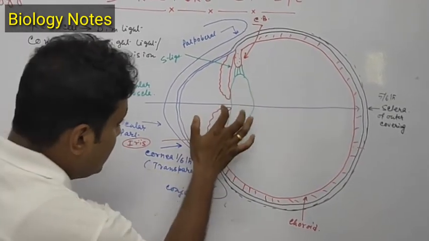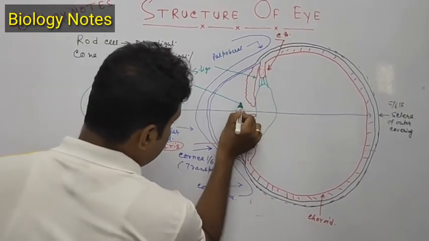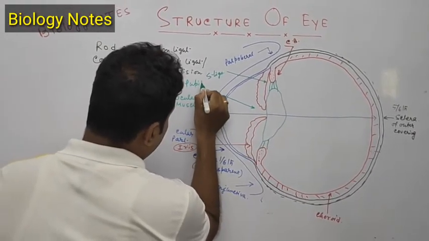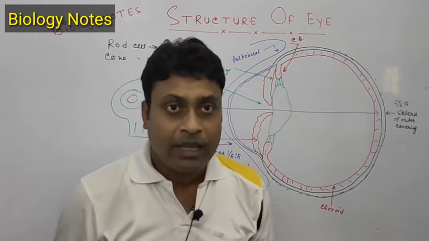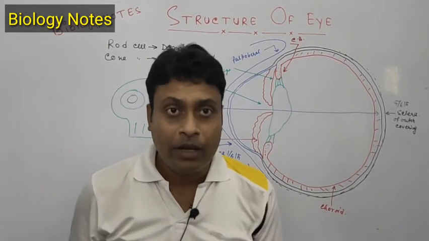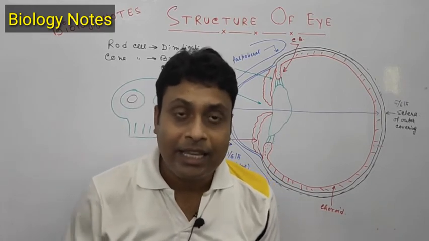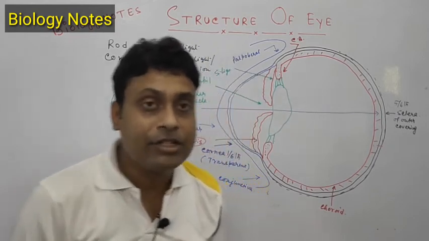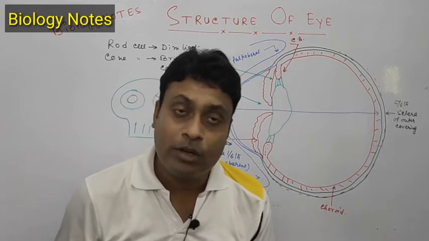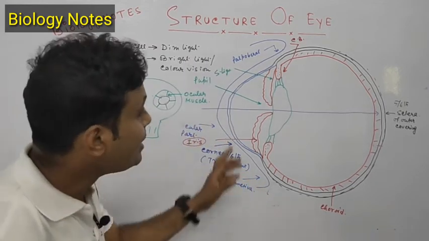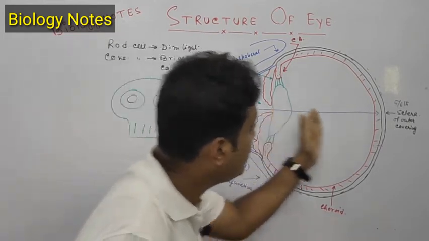And in between the iris you can see an aperture, and this aperture is known as pupil. Light can easily enter through the pupil since this is an aperture. In bright light the pupil constricts, and in dim light the pupil dilates. When dilation occurs, a huge amount of light enters our eye, and when constriction of the pupil occurs, a small amount of light enters our eye. Okay, so this is actually the function of the pupil, and this will convey the light from the aqueous humor towards the